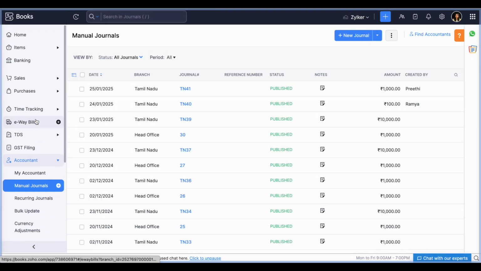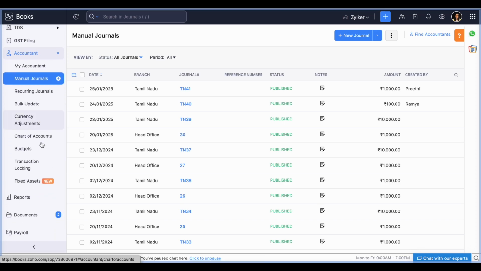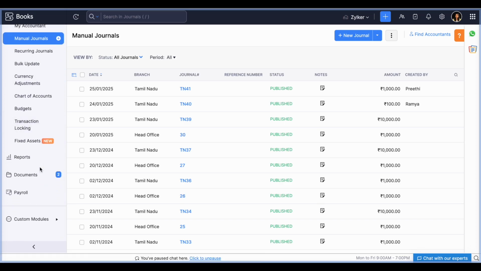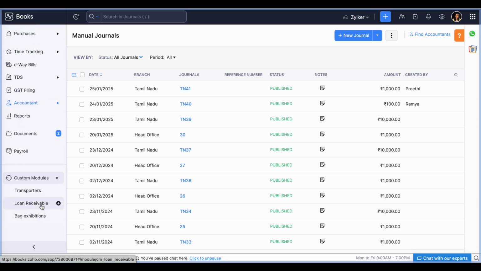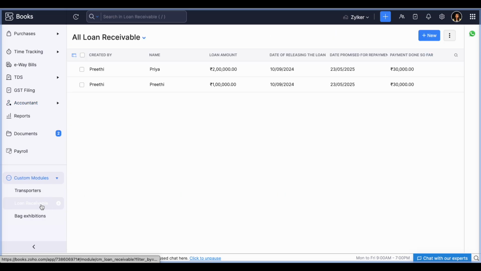So far we saw the predefined modules that are available in Zoho Books. In some cases, predefined modules are not sufficient to fulfill all your business activities. In order to do that, we can create a custom module. Say for example, you are lending money to certain individuals and you want to keep track of how much amount you have given them, how much you have received back, and what payment is done so far. In such cases, we can make use of a custom module by creating our own module as per our requirement. We have done a few enhancements for custom modules also.